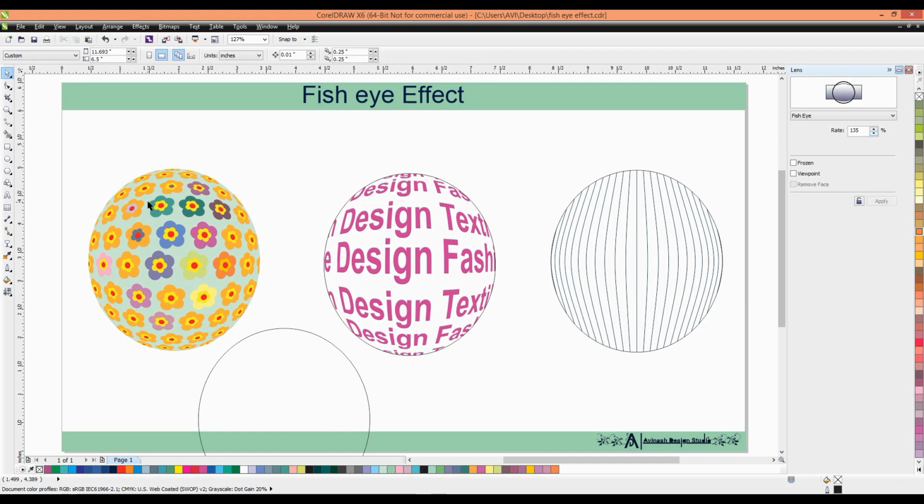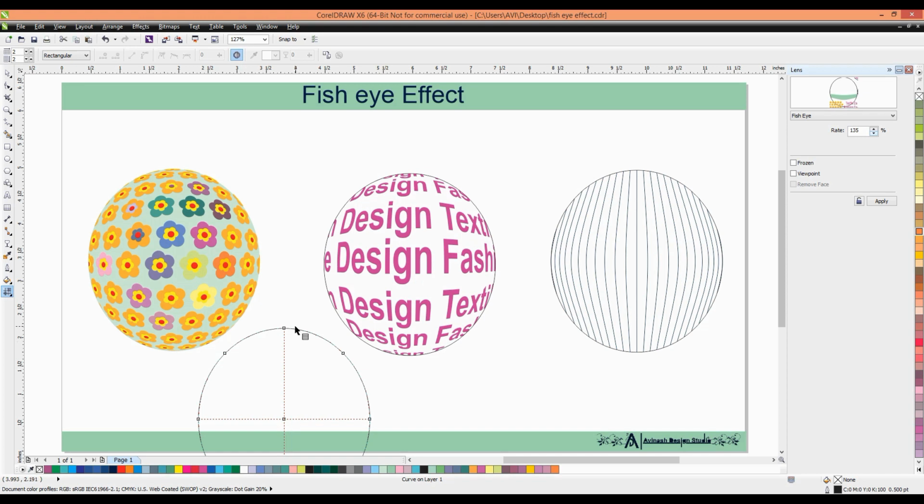then go and select the background and go to the mesh fill. When we select the mesh fill, this type of structure is made. When we click anywhere on the lines, it creates a mesh kind of structure. You can make it more dense for more accuracy, or you can make it like this.